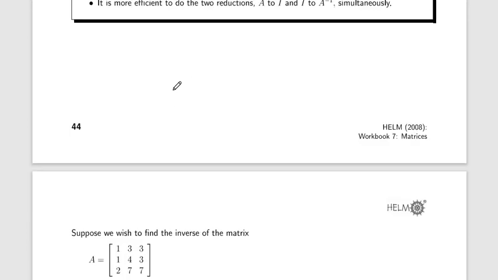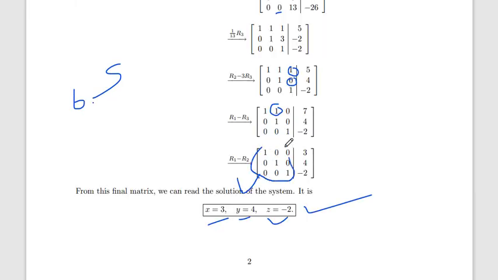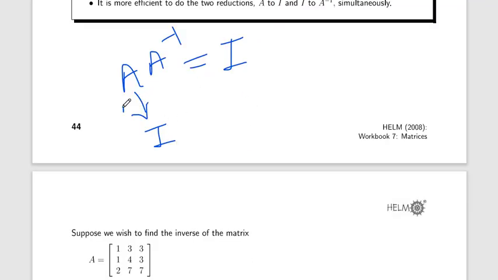So if you want to find the inverse, how do we find it? We always know that A times A inverse gives the identity matrix. So in Gauss-Jordan elimination, we transform matrix A into the identity matrix, like in the previous method we have already seen. If we apply the same row operations R1, R2 with the same steps to the identity matrix, then we get A inverse. Same operation, same position.